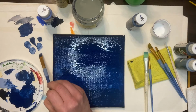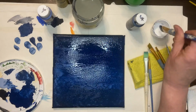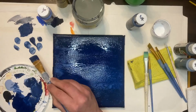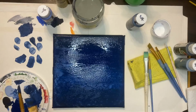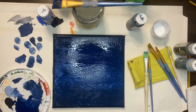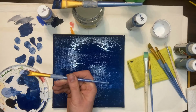So if I was going to do some flowers or leaves, I might do this, versus what this would look like. So this one is good for blending. That might be a good leaf too. But I'm going to switch from this one to this one for now. I'm not going to wash it quite yet because I might switch back. There's quite a bit of paint on there. So this brush, and I'm going to take just a little bit